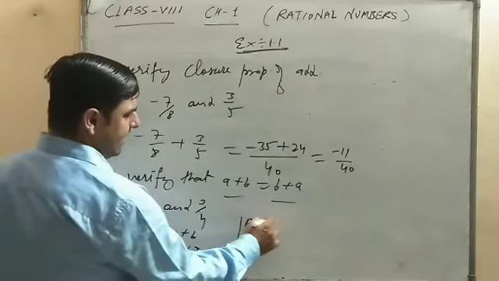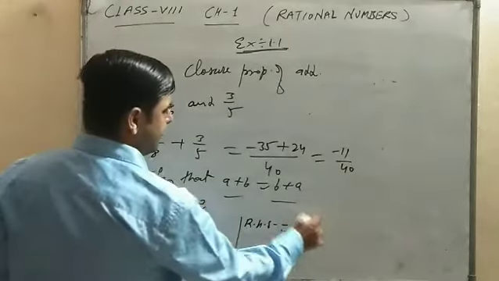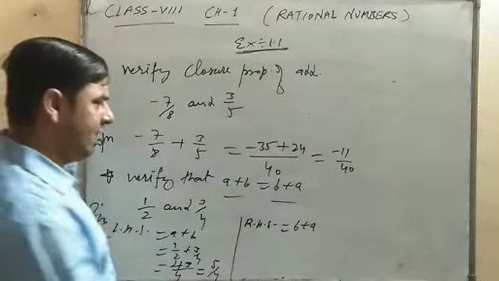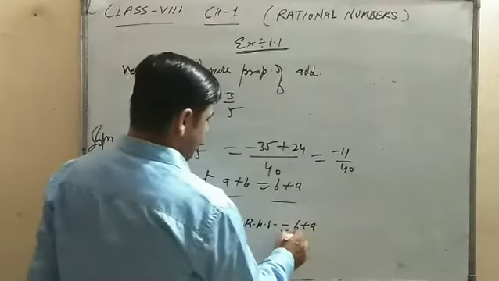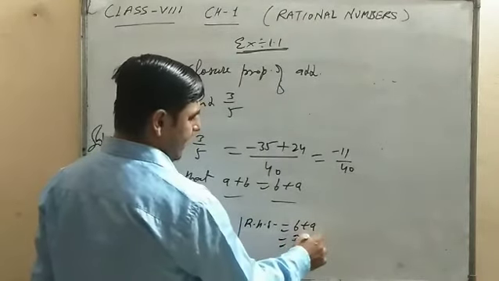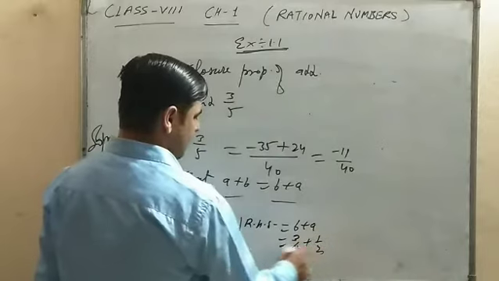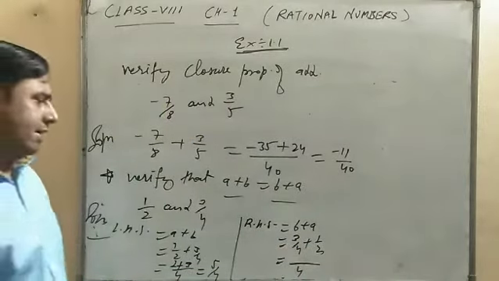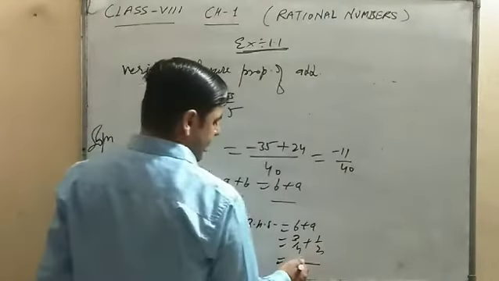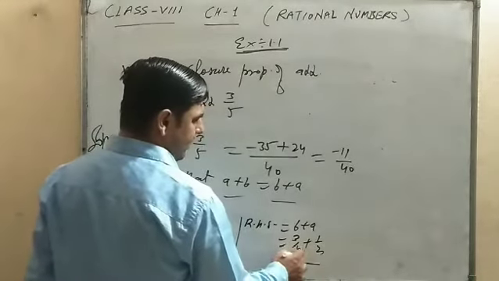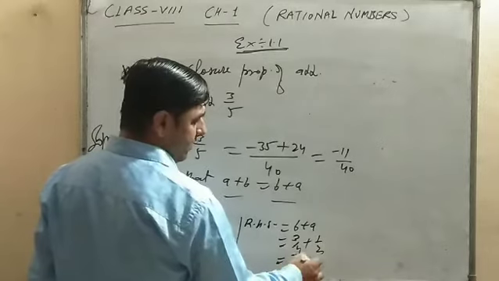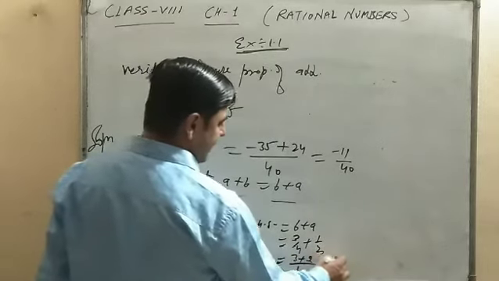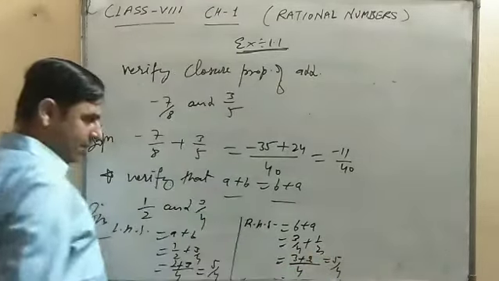Now if you take the right hand side, there is written b plus a. So what is the value of b? B is 3 upon 4 and the value of a is 1 upon 2. So you can check here its denominator is 4. So 4 divided by 4, 1, 1 3 is 3. 4 divided by 2, 2. 2 1 is 2. So the result is 5 by 4.